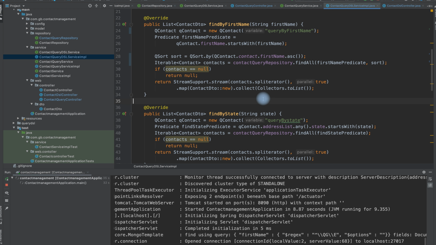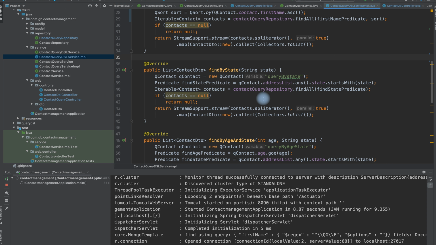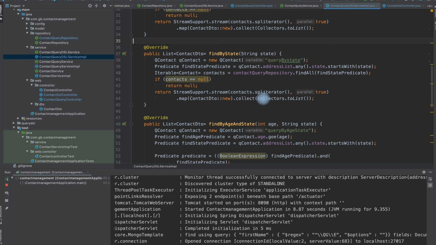So let us look into the second thing. We are going to find the person by state. State is in a subdocument. So what is the significance of this? The state is in the subdocument. So if we look into the subdocument based queries in the query service repository,